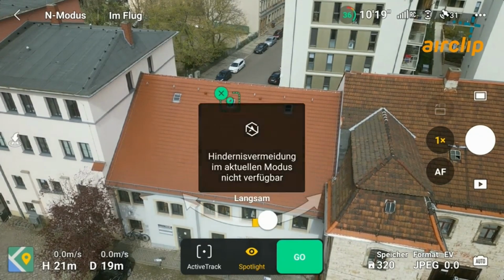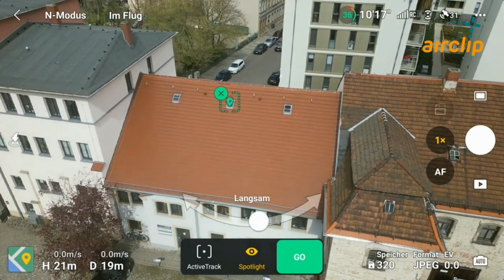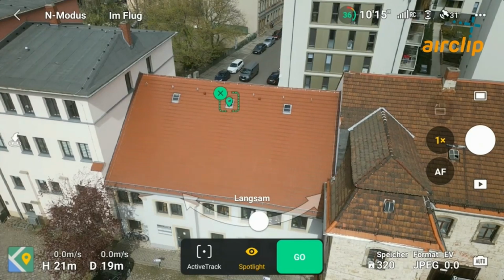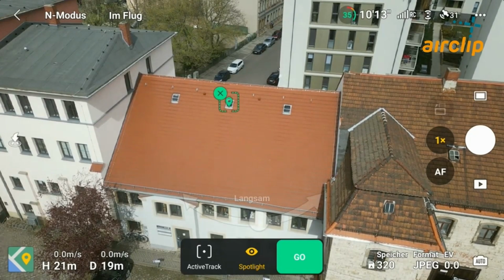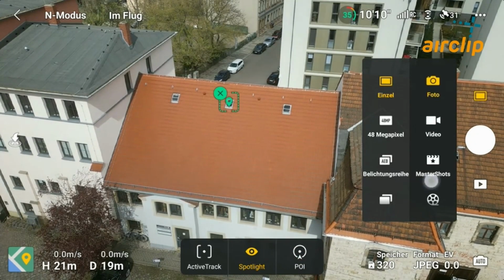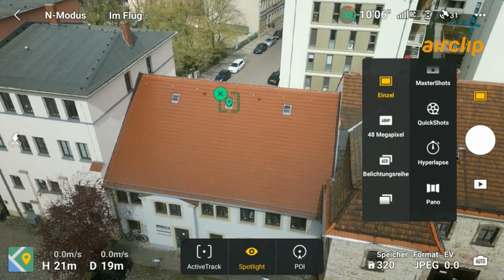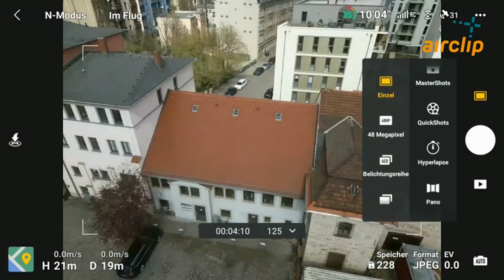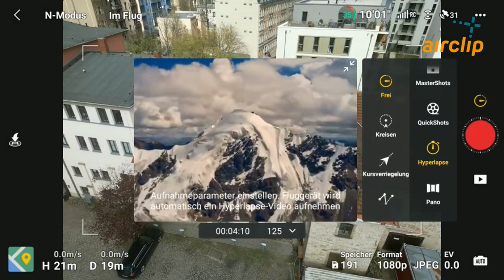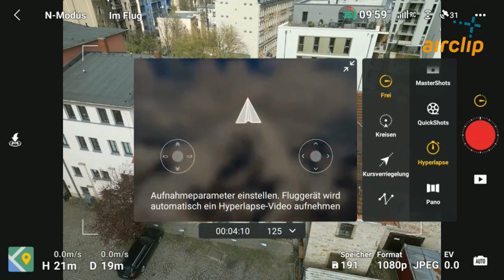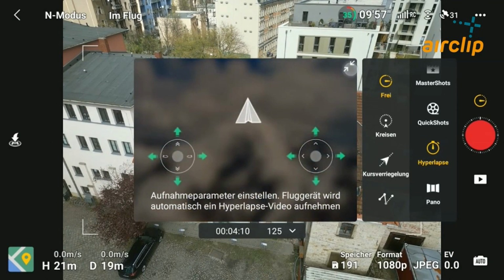So right now we could just press go. This would be the first option. But what we actually want to do is choose the hyperlapse mode on the right hand side, because we want to make the images automatically. So let's choose the hyperlapse mode from the camera menu.